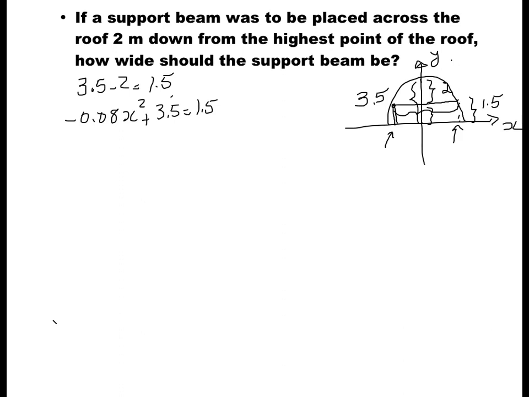So I'm going to move 3.5 to the right. I get negative 0.08 x squared is equal to 1.5 minus 3.5, which is going to be negative 2. Now I'm going to divide both sides by negative 0.08,